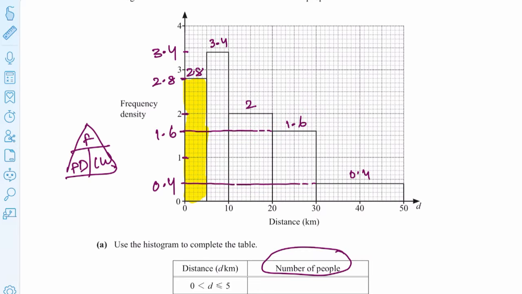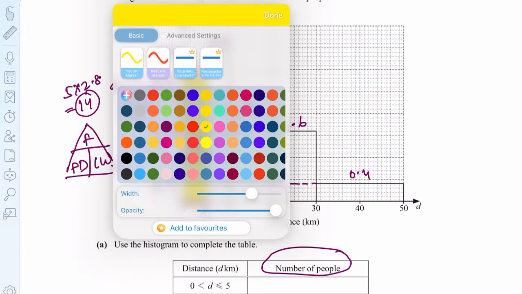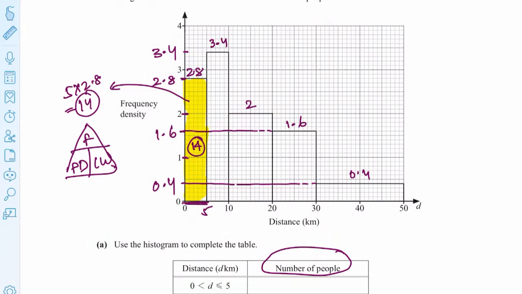How to find this? This one is 5, right? So 5 times 2.8 equals 14. You got 14. So in this one we got 14. Try to understand this. Okay, and now I'm changing the color so you can understand properly. So this one, the area of this bar,